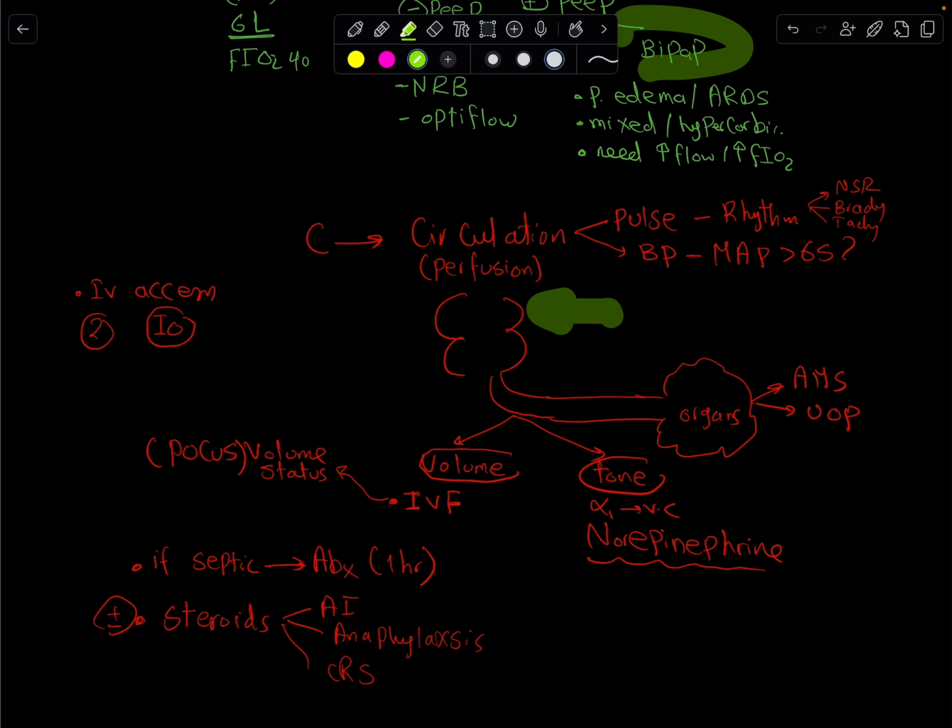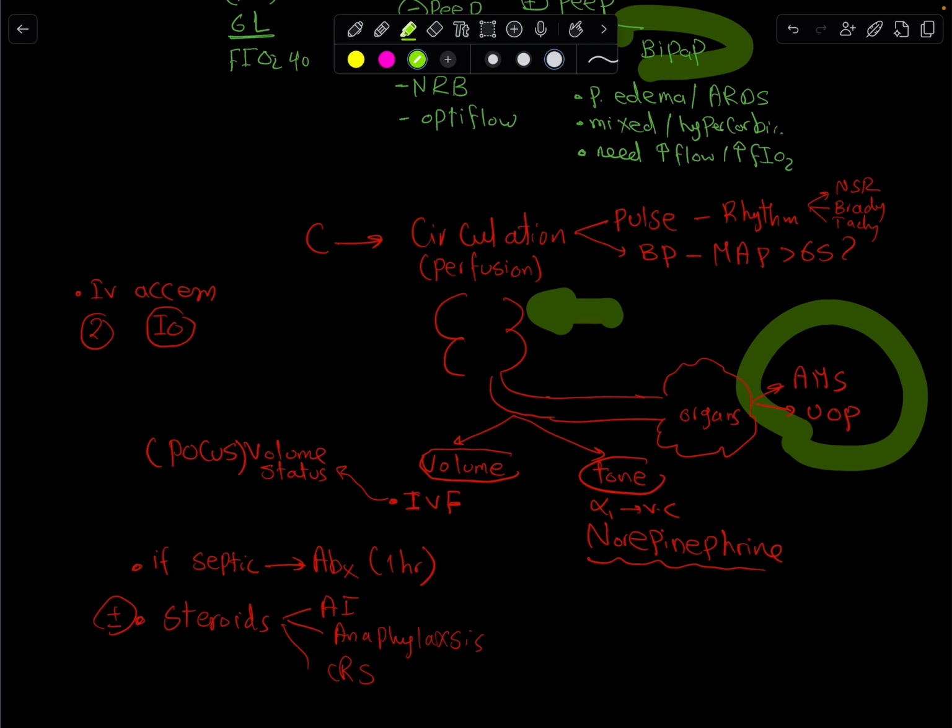So we have the heart, we have the blood vessels going to the organs. When I try to assess perfusion, I usually look for altered mental status and urinary output. Usually the first two organs affected by low perfusion will be the brain and the kidney. The kidney urine output can decrease, so you can look if they're making urine the last hour, last 2 hours. If they're making urine below 0.5 cc per kilogram per hour, that's oliguria that can indicate